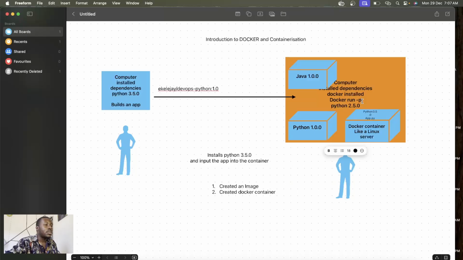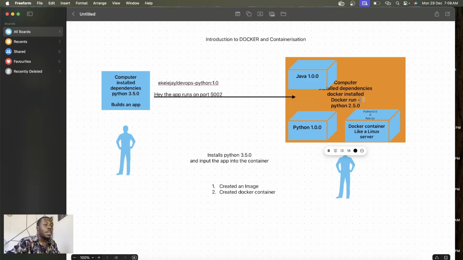While this developer is sending this, he can also say, hey, the app runs on port 5002. That's all he needs to tell this guy. And then this guy comes here, he will do this Docker run.